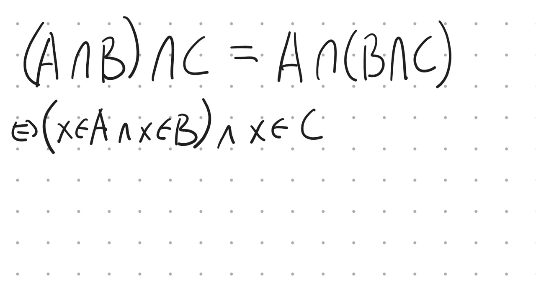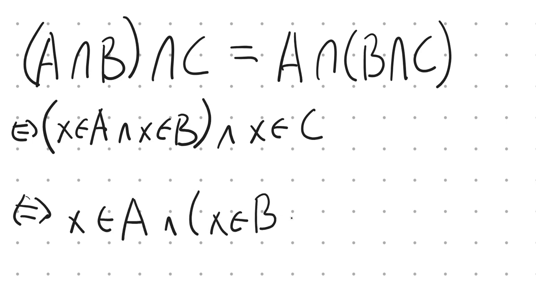Okay. Now, if x is in A and x is in B and x is in C, we have the AND sign. If you have looked at the logic playlist, I have a few videos proving this one by using the table. And if we try to look at all the cases, it turns out that we can actually ignore the parentheses, how the parentheses are ordered. So we can actually say that x is in A and x is in B and x is in C. So at least we have also gotten the intersection